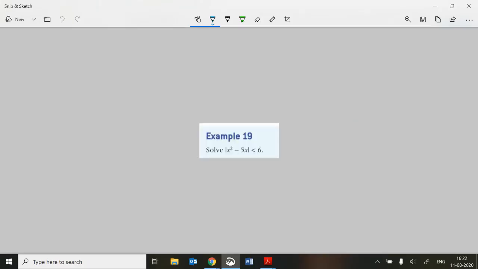So solve x squared minus 5x is less than 6. Now for this one, we can set this up by saying x squared minus 5x is less than 6, but is greater than minus 6. Now,